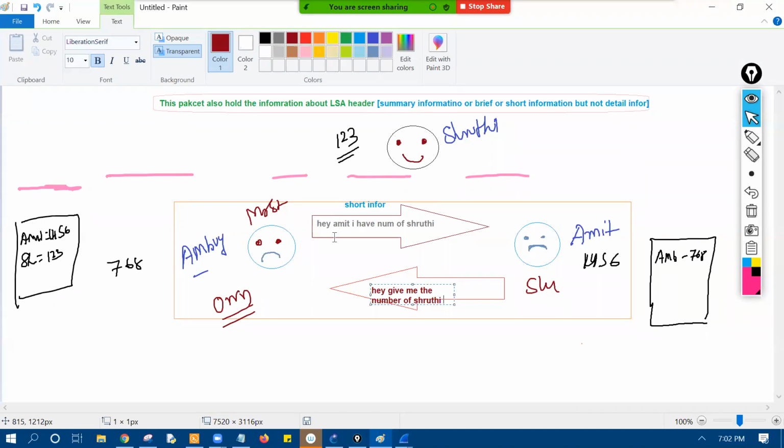So this packet was the DBD packet. This packet is the LSR packet, link state request. Whatever information you have sent in the DBD packet, Amit is requesting the same information by using the request packet, the link state request packet. If you go in this one,